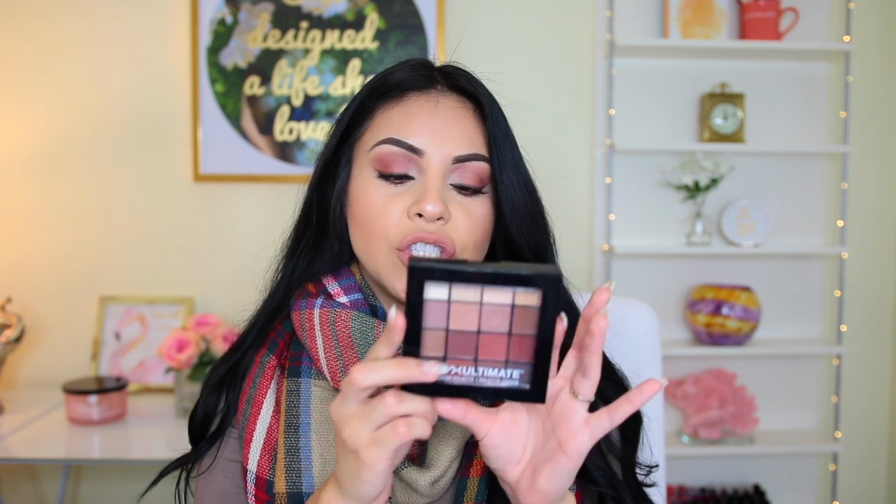Next up, I have the NYX Ultimate Shadow Palette. This one's in the shade Warm Neutrals. It's actually the eyeshadow palette I have on my eyes today. I wanted to use it one last time before giving you guys my final thoughts on it. It's not that I don't like this palette, it's beautiful, as you can see. It just has a ton of warm neutral shades, and I actually used this in one of my dupe videos because when I first saw it, I thought it was going to be a dupe for the